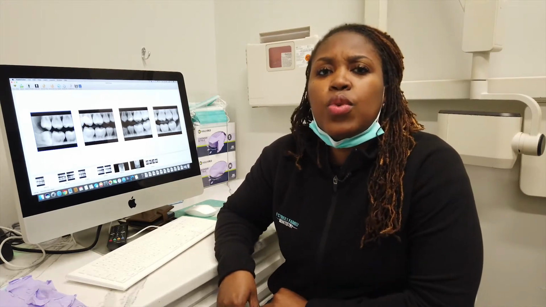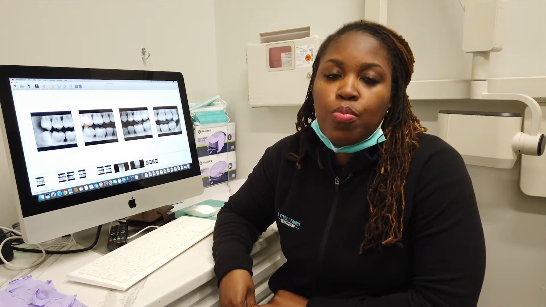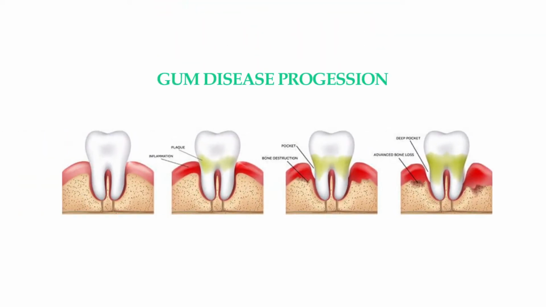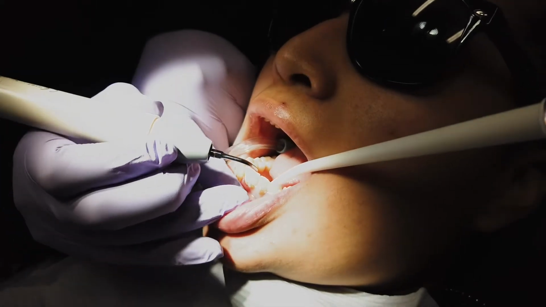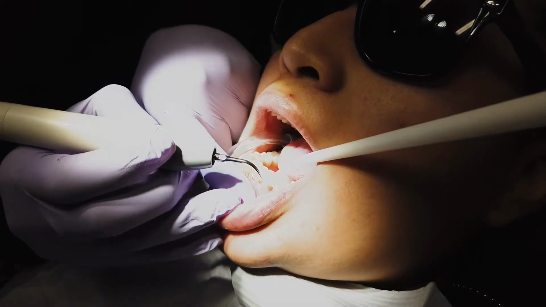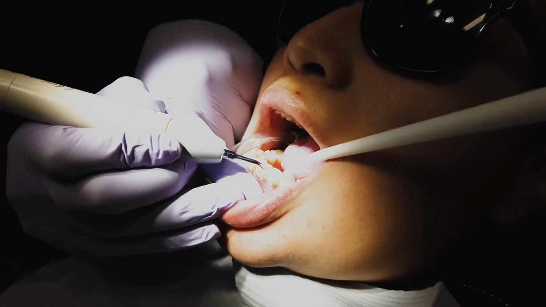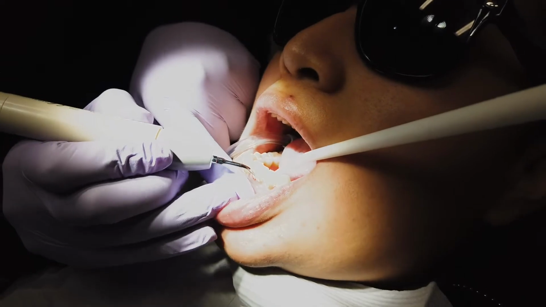A deep cleaning is when a patient has signs of gum disease, whether it be mild, moderate, or severe. Gum disease, or periodontitis, is caused by plaque. Plaque that gets hard and sits at the gum line. When it sits at the gum line, it starts to irritate the gum tissue. It causes bleeding. You may notice a bad odor or a smell, and over time it may actually start to